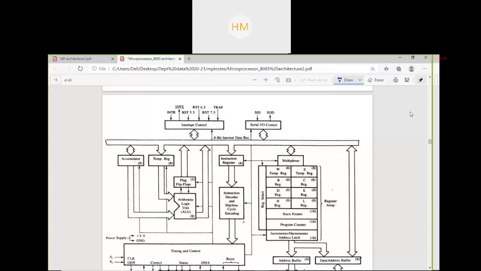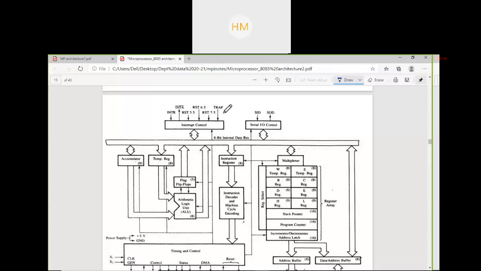So 8085 has 5 interrupt signals that can be used to interrupt a program execution. If I am running a program, but in between any peripheral IC requests access, to give the microprocessor control to that IC, leaving the program which was running currently, then we will use these interrupt pins.